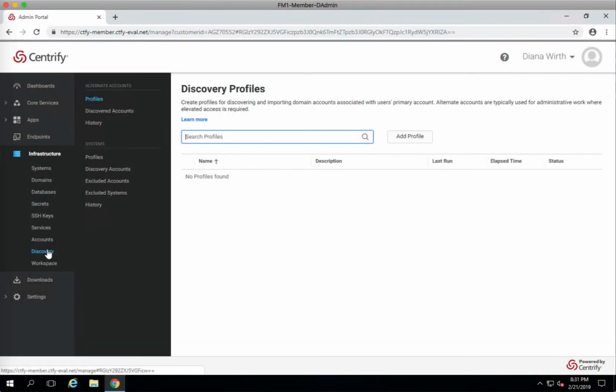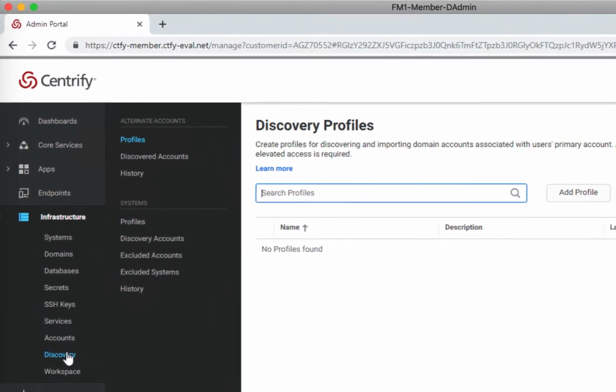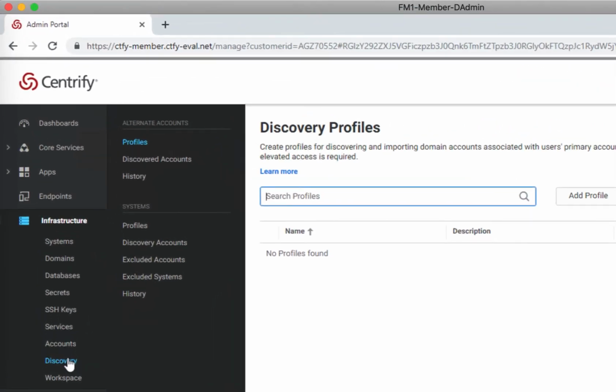Discovery helps you to automatically bring servers, network devices, domain controllers, and accounts into the privileged access service so you can begin the process of securing and managing them centrally. Discovery doesn't have to be a broad blanket process, however, i.e., you can create discovery profiles, each one different in terms of where they look for such assets, what kind of assets they should focus on, and what to do